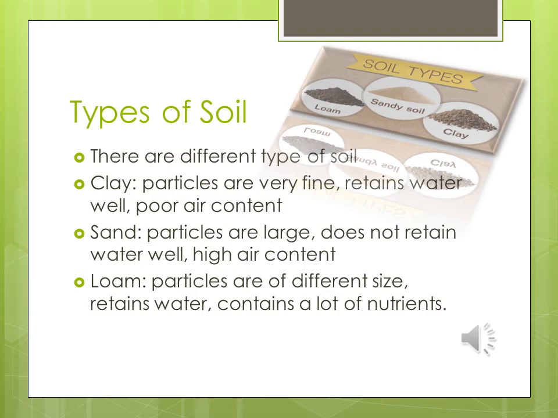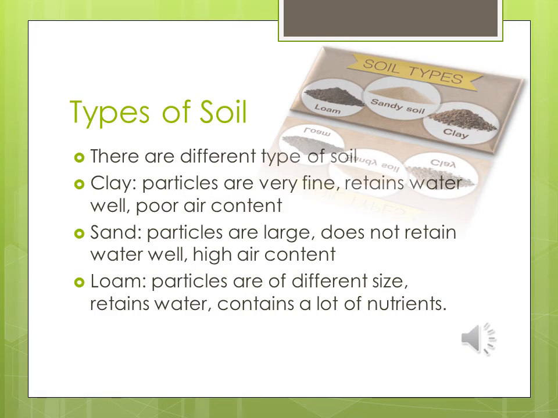Now we move towards sandy soil. It is the second type of soil. Sand consists of small particles of weathered rocks or small rocks. Sandy soils are one of the poorest types of soil for growing plants because they have very low nutrients and are poor in holding water, which makes it hard for the plant to absorb water.